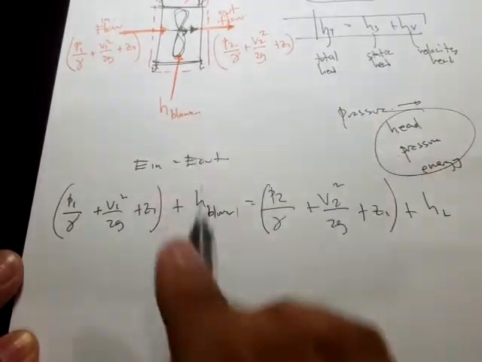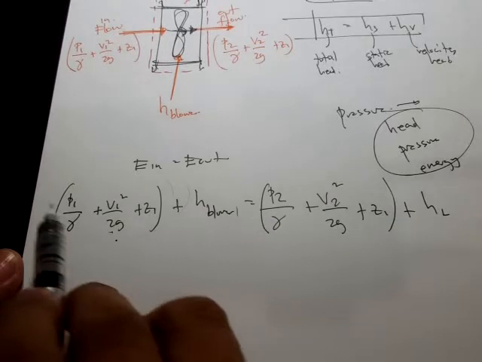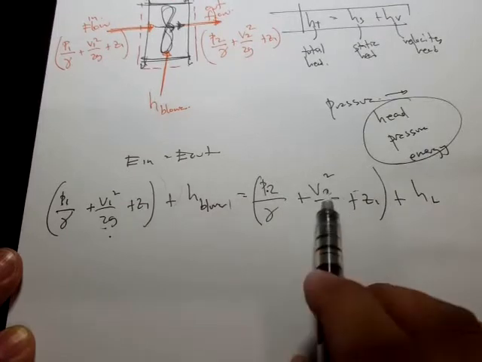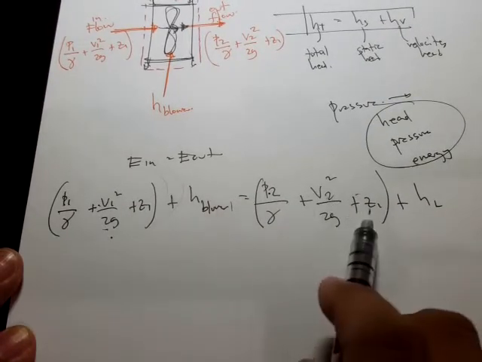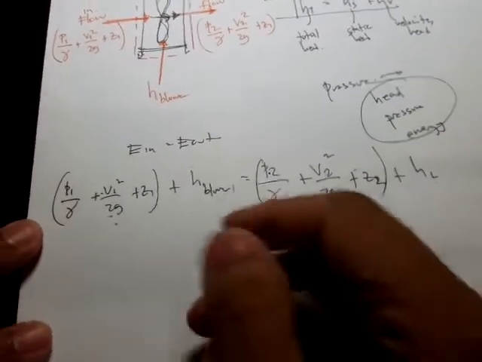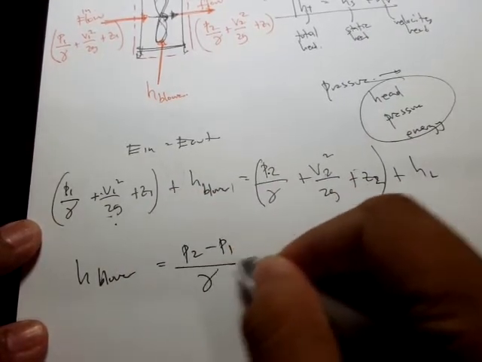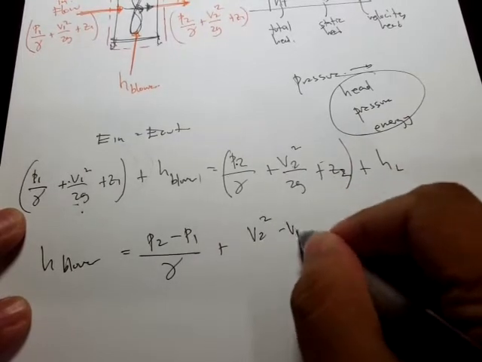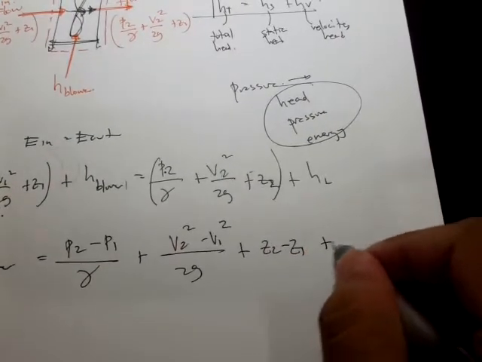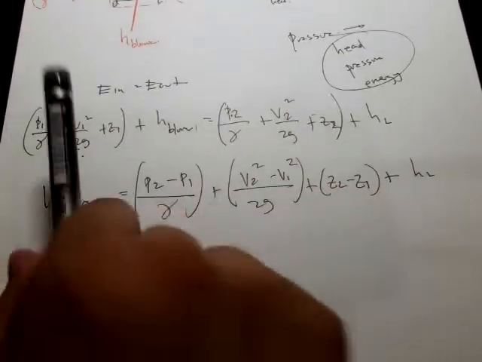It is H blower in the left hand side, and therefore I will transpose the other terms to the right hand side. So if I transpose these, what I get is P sub 2 minus P sub 1, V sub 2 squared minus V sub 1 squared, and Z sub 2 minus Z sub 1. So let's do that. H blower is equal to P sub 2 minus P sub 1, right, plus V sub 2 squared minus V sub 1 squared all over 2g plus Z sub 2 minus Z sub 1 plus HL. Alright, so these are my terms, and recall that